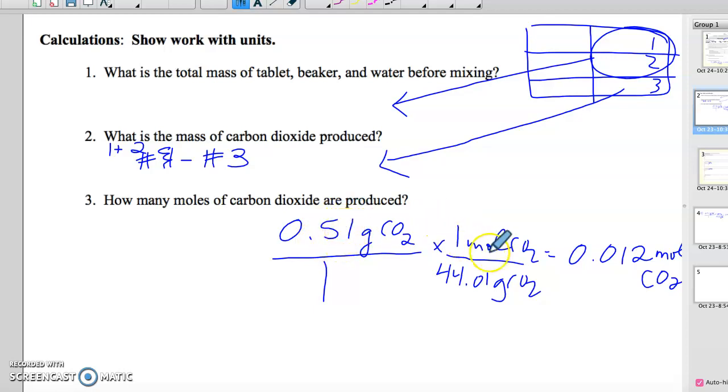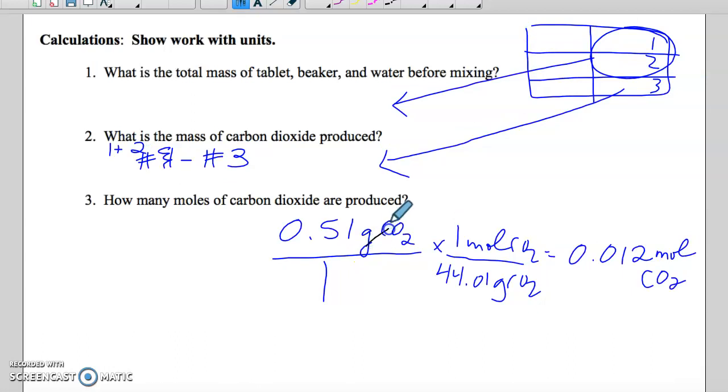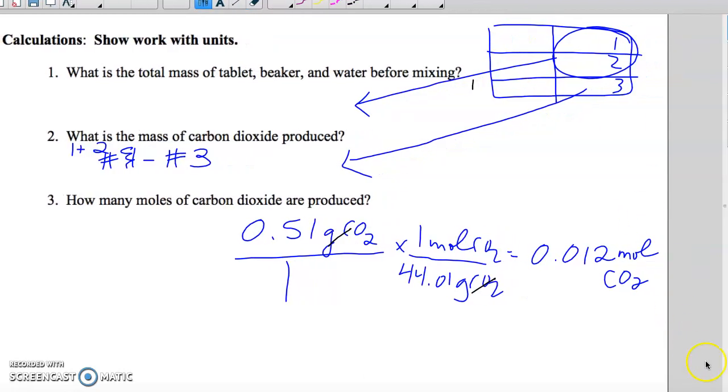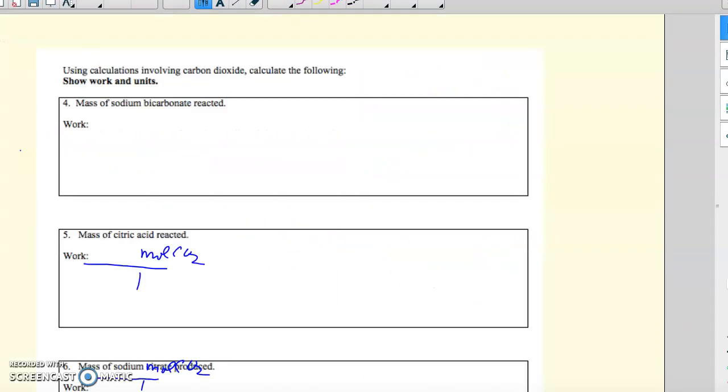And then you would use the molar mass and you can kind of see then our grams would cancel and we would end up with our moles of CO2. And notice I'm keeping those 2 sig figs because I have 2 here. So then I get to the other side of the lab and I want you guys to write the balanced equation with me. So it is going to be